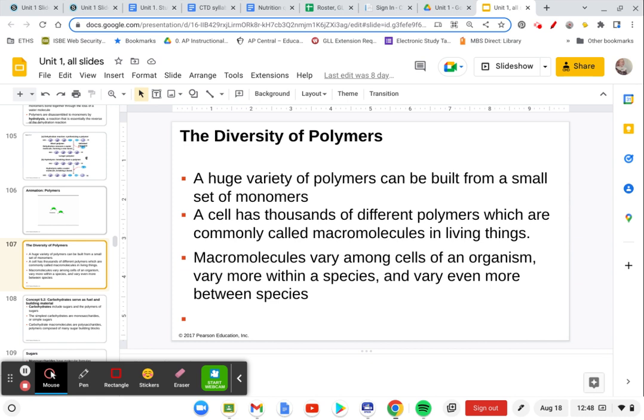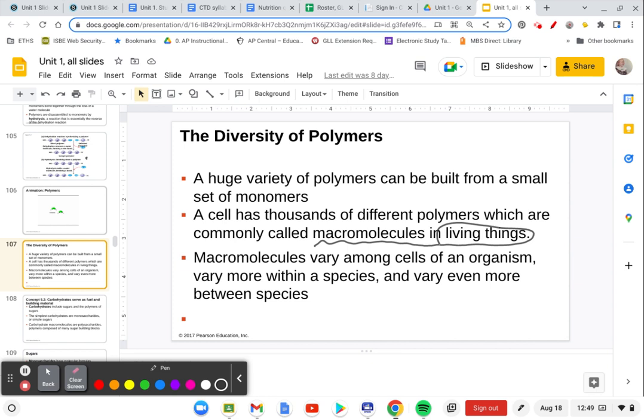There's lots and lots of polymers that can be made from a small set of monomers. Think about it this way. If I have the alphabet, there's 26 letters in the alphabet. How many words can I make with 26 letters? Well, the answer is there's an endless amount, right? Obviously, I'd have to make the words bigger, but I could just keep adding on letters and making longer words. Okay, so the cell has thousands of different polymers that it uses, and those are the ones that we're interested in because those are our macromolecules, because those macromolecules are found in living things. Okay,